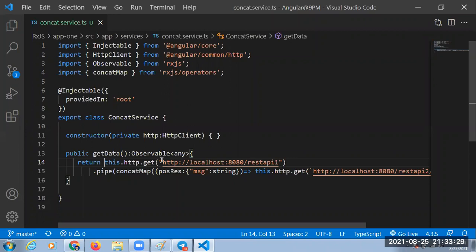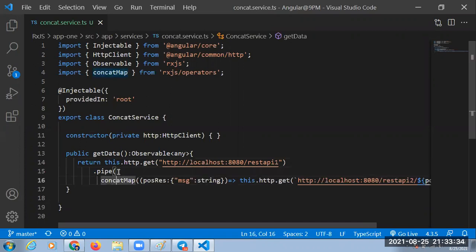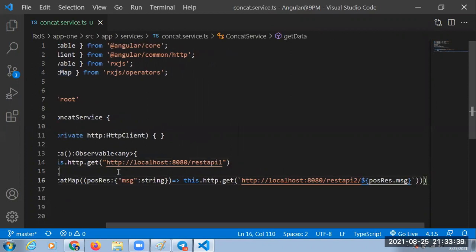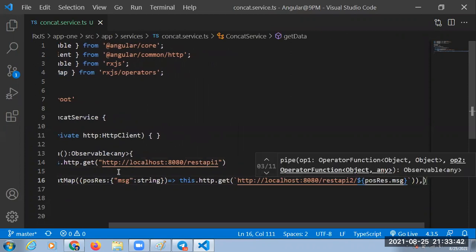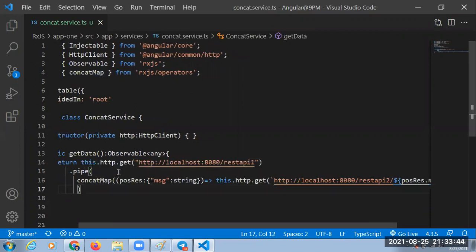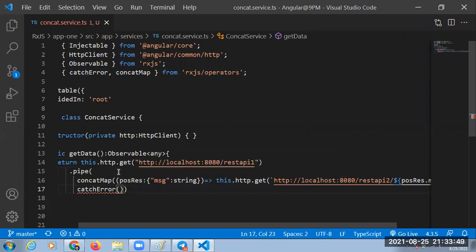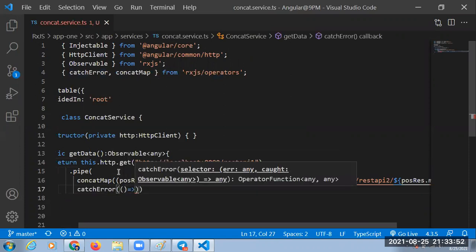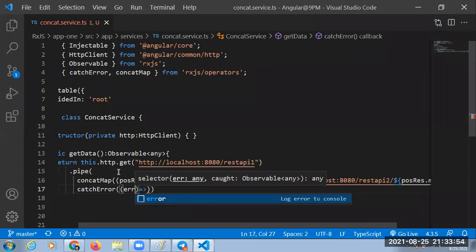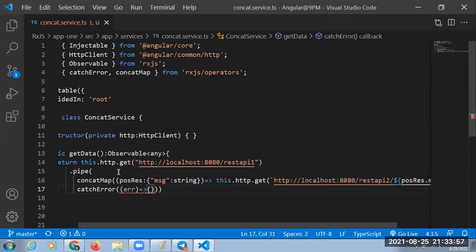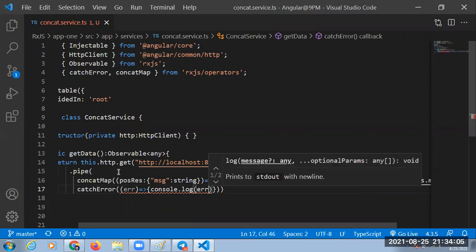Next one, guys. How to handle the error, guys? We need to handle the error. If you wanted to handle the error, here itself we have one more function. Which function do we have? Catch error function. Here itself we have the error. Can I print it here? console.log of error.